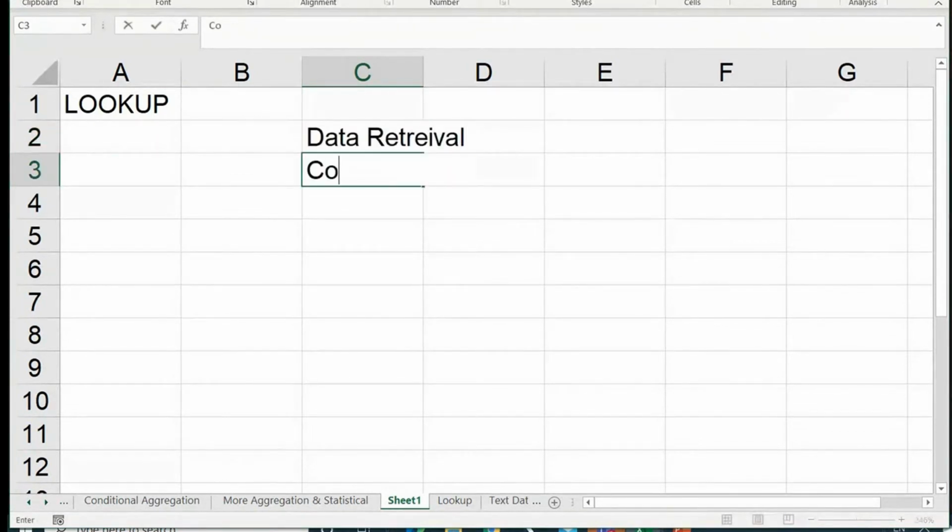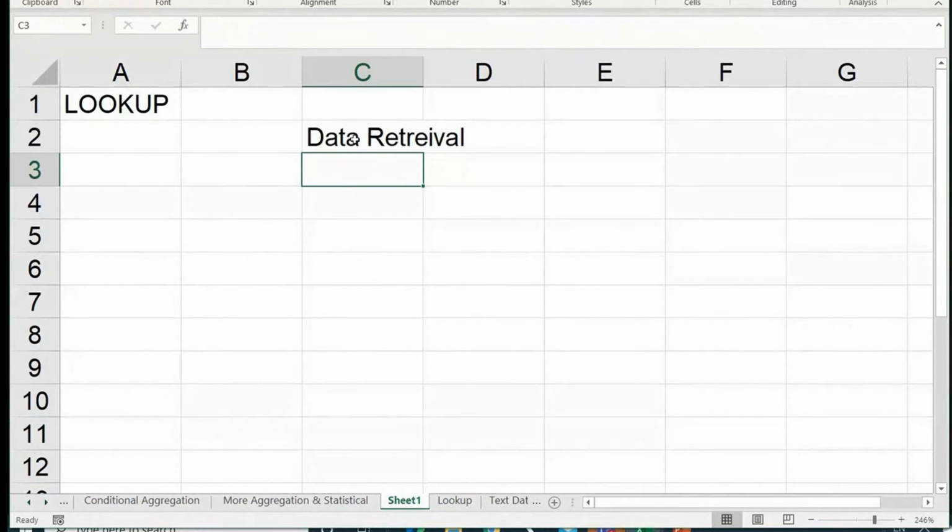Another is comparison. These are the two main applications of lookups: data retrieving and comparing. The example I just showed you was data retrieving, right? You have to check for some product and then bring the information from that, correct? So guys, I will finish the retrieval part, then come back to comparison later.